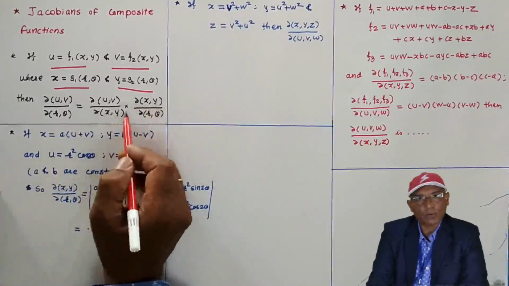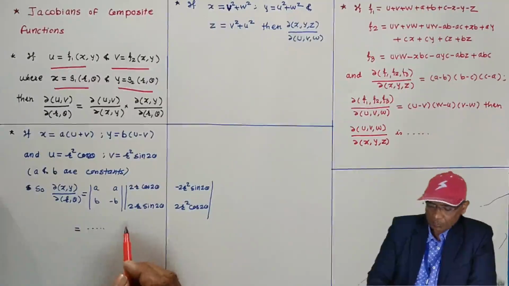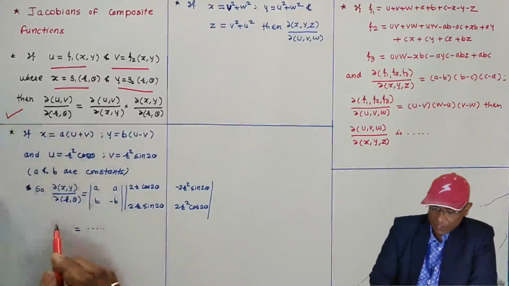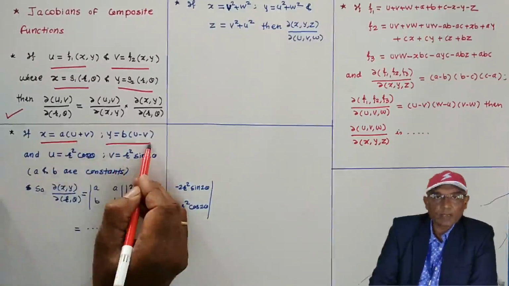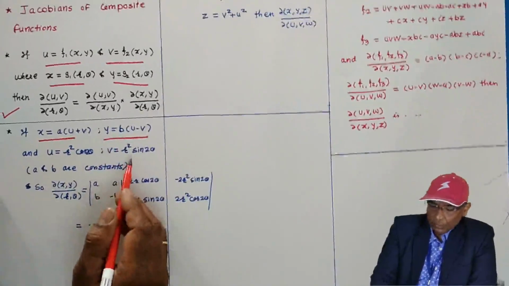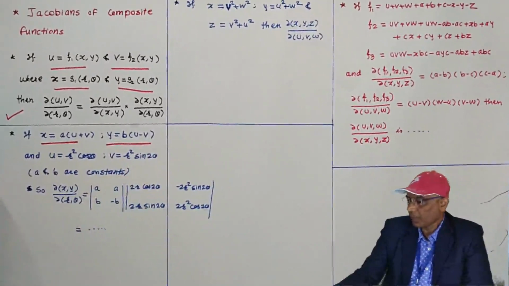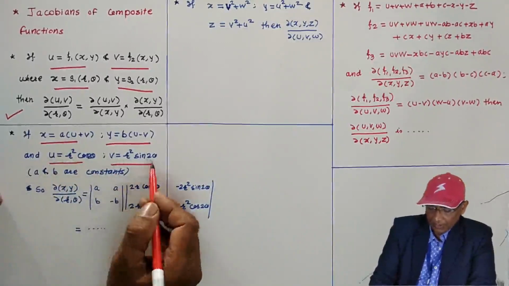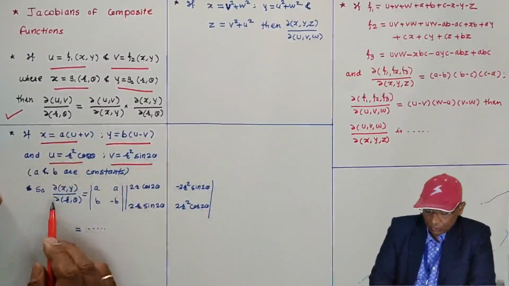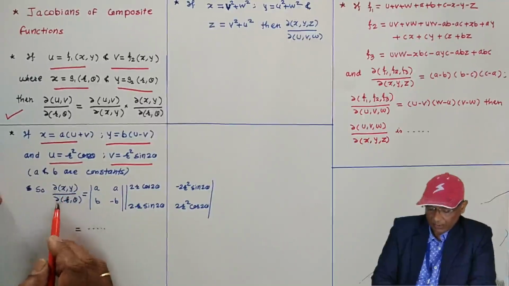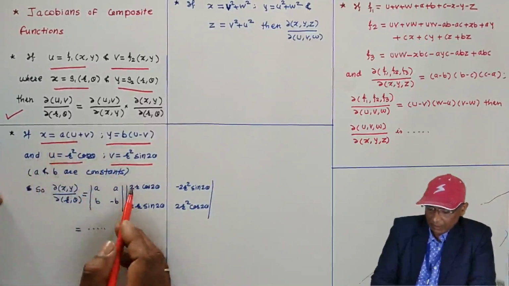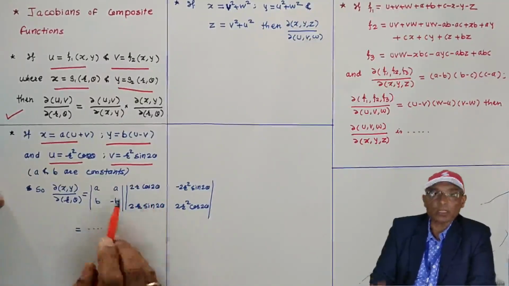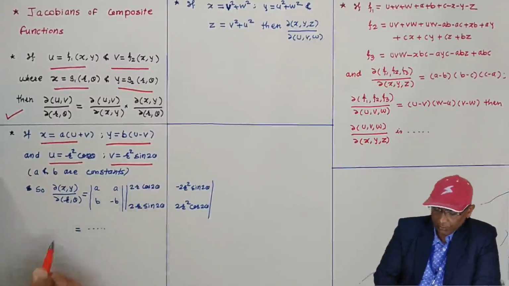Okay, this is the same composition what we have done in previous part, that is the partial differentiation of composite function. Now the problem of this formula is also important as an MCQ. X is given, y is given in terms of u and v, where a and b are constant, and u and v are functions of r and theta. Here in this problem, del xy by del r theta is equal to this thing. It is also given. And the value of the product is asked.